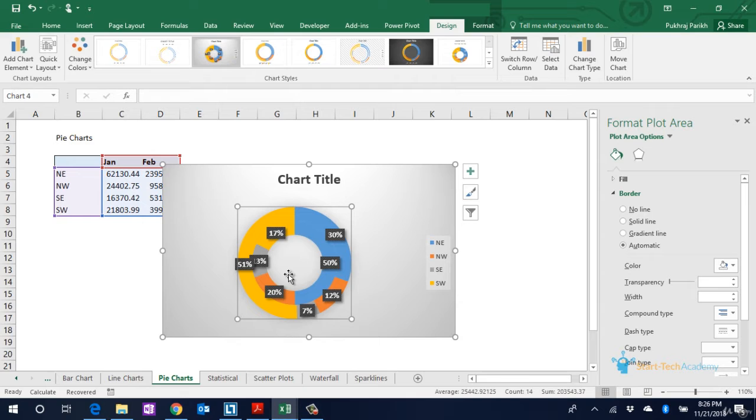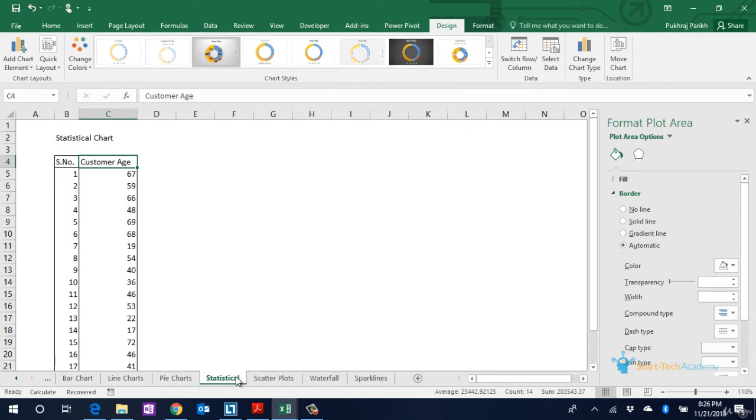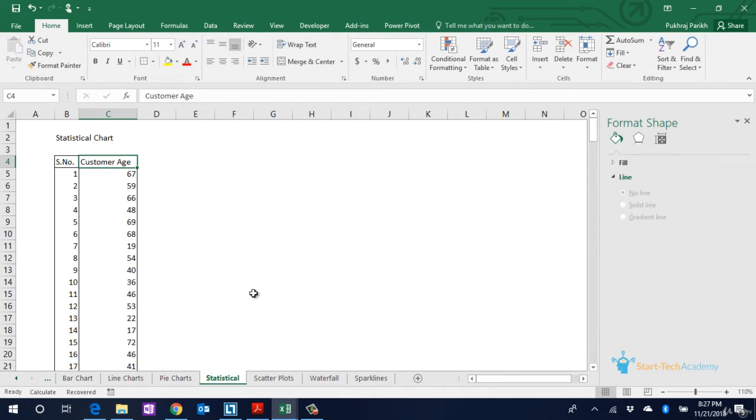Now let's move on to statistical charts. These charts are used to summarize and visualize statistical characteristics of data. For example, frequency, range, distribution, mean, and median. Let's take an example to understand them completely. Here we have all the customer data of over 200 customers, and we want to get a sense of age groups of customers buying from our furniture store. We can go ahead and plot a histogram for that.